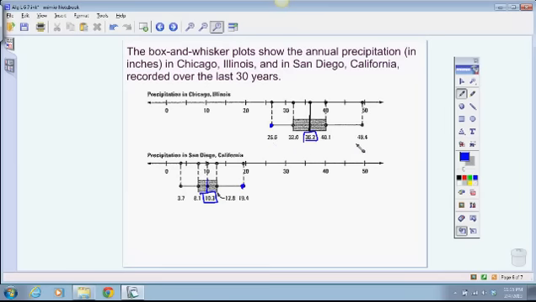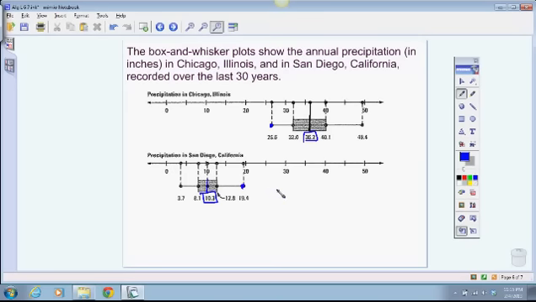It goes from 26.6 to 49.4. How far apart are those? And compare that to 3.7 to 19.4. You could say that the highest data value in Chicago was 49.4, the highest data value in San Diego was 19.4. So there's lots of different things you can say about the box and whisker plots, but always keep in